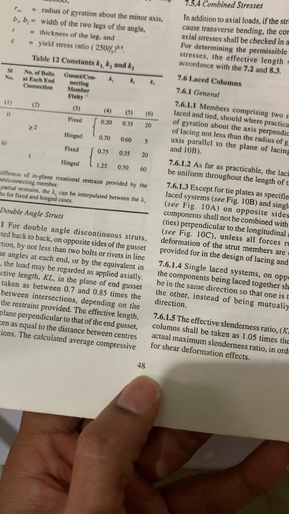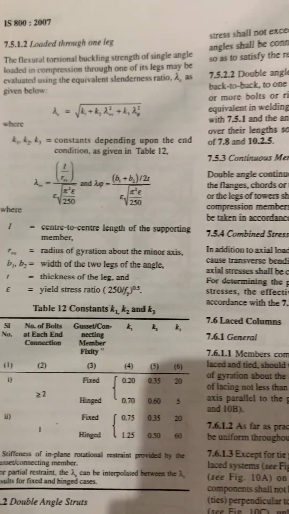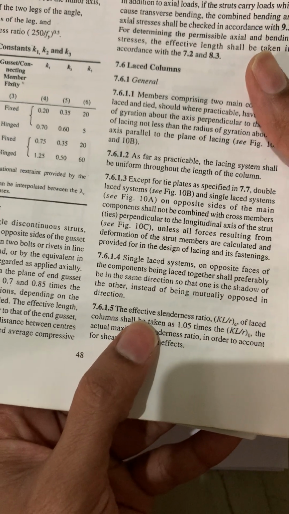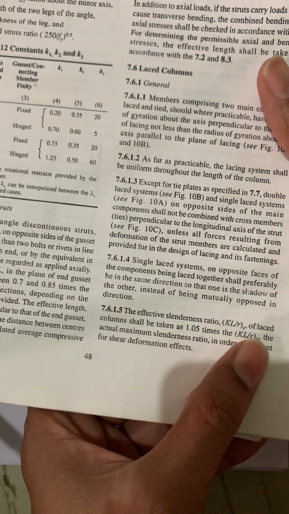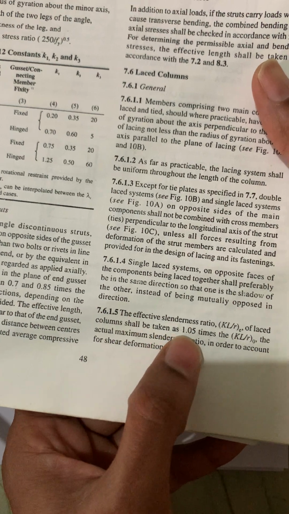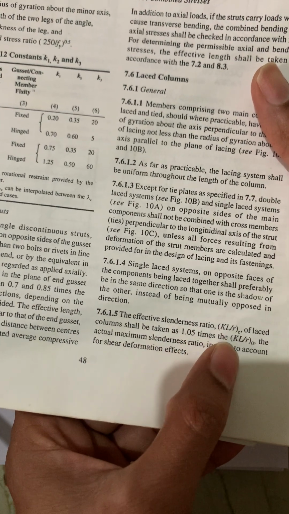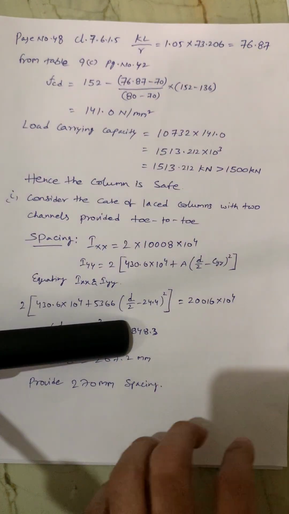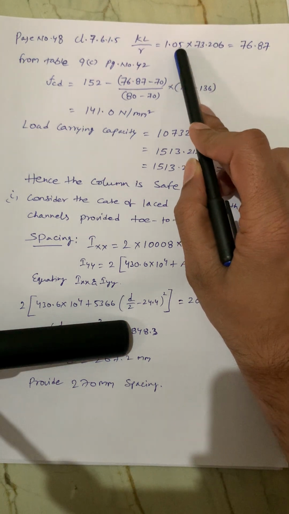See here, page number 48, IS 800 2007 code book. The effective slenderness ratio KL by R of a laced column shall be taken as 1.05 times the KL by R. That's why I multiplied 1.05 into